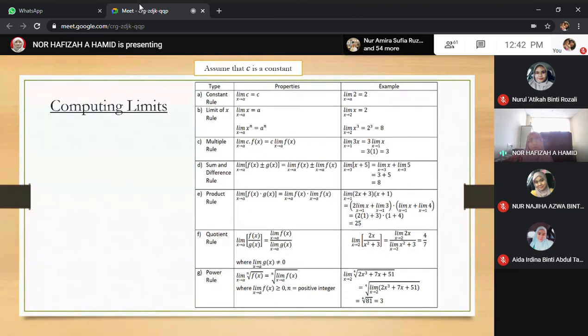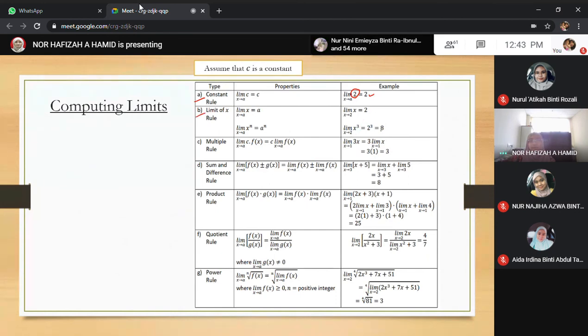So yang ni refer to constant. So any constant, for example, we have two. Constant tu boleh jadi letters ataupun numbers. Okay, so when limit x approach to 2, okay, so 2 is a constant ataupun dia numbers lah. Okay, so answer dia automatic is equal to 2. Okay, so ni rule number 1. And rule number 2,